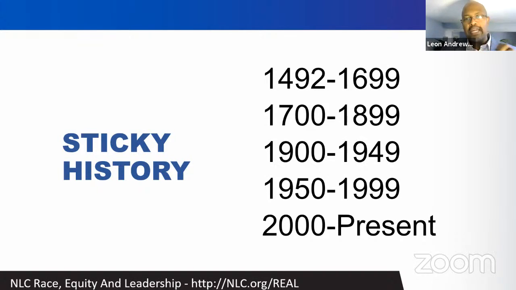And then we get a little bit more narrow: 1900 to 1949, 1950 to 1999, and 2000 to present. As we put up an example of something that happened historically, whether it was a policy that passed or something that brought context to understanding race in our history,